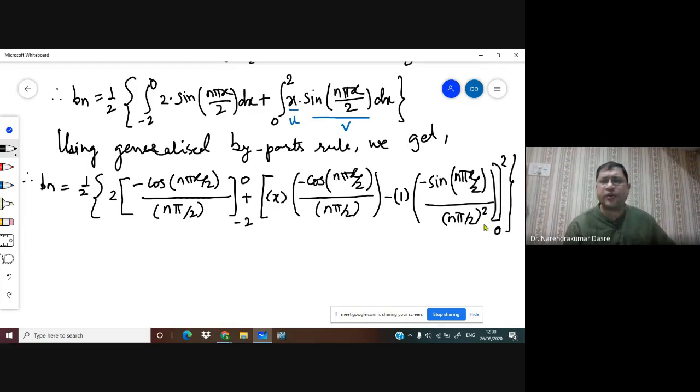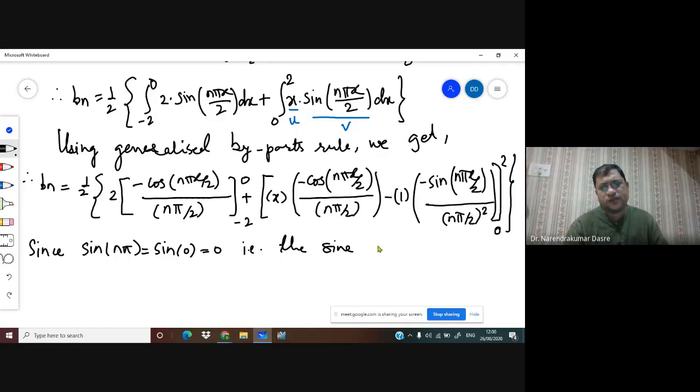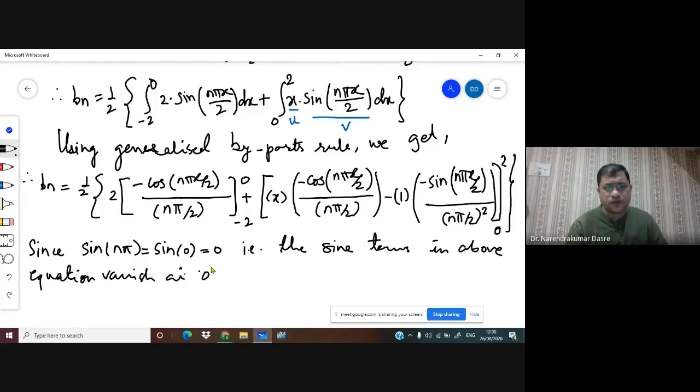Okay. So what we know is that the value of a sine term at both limits is going to be 0. So we write, since sine of n pi is equal to sine of 0 is equal to 0, the sine terms in both equations vanish at 0 and n pi. And hence, we get,